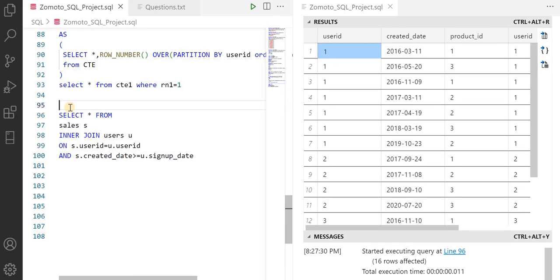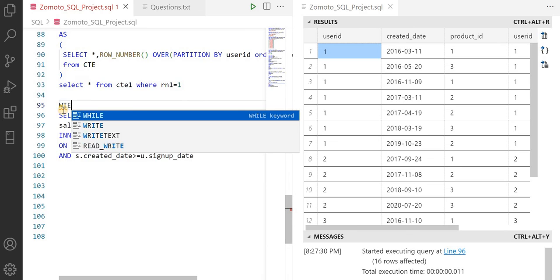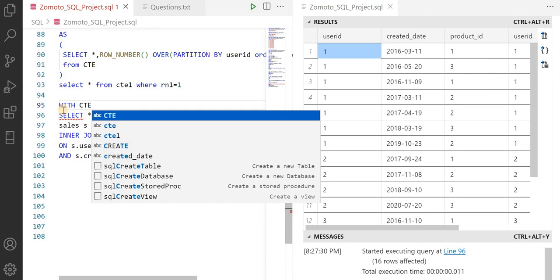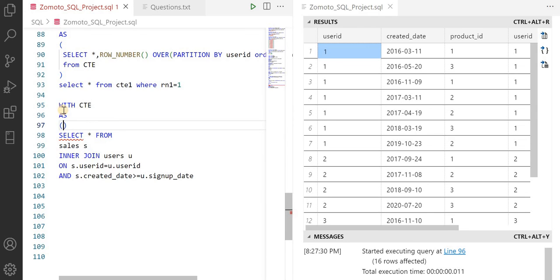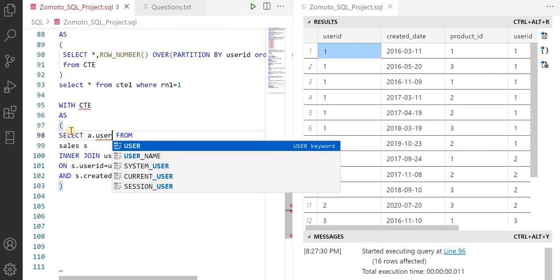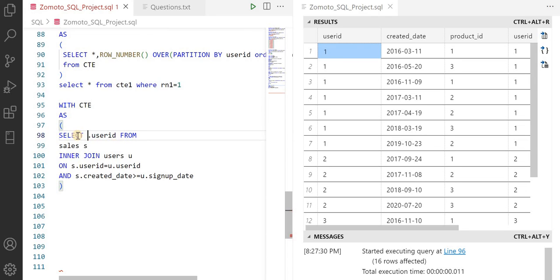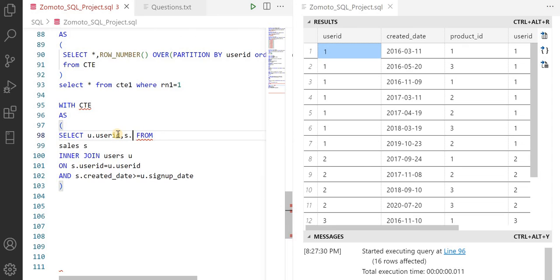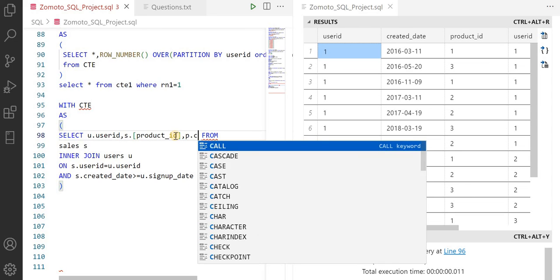after they become a member. So here I have to use a CTE. I will use a CTE first, let's say with CTE. And here I will write the required columns that I need, because why write multiple columns. User ID, it is an inner join, right? So I can use here u dot user ID, s dot product ID, and I can use here p dot created date,